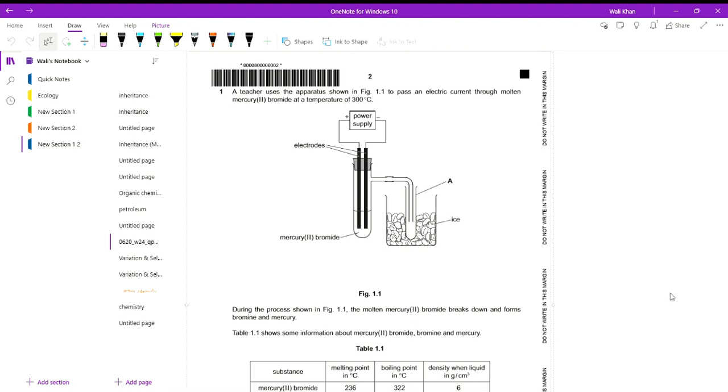A teacher uses the apparatus shown in the figure to pass an electric current through molten mercury bromide at a temperature of 300 degrees centigrade. So if you look at the apparatus,